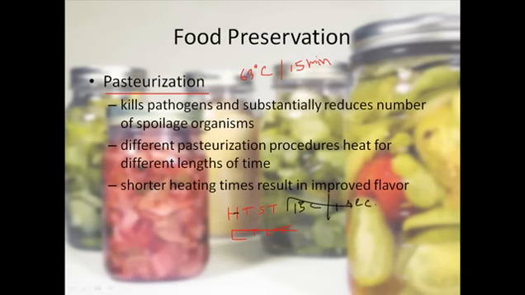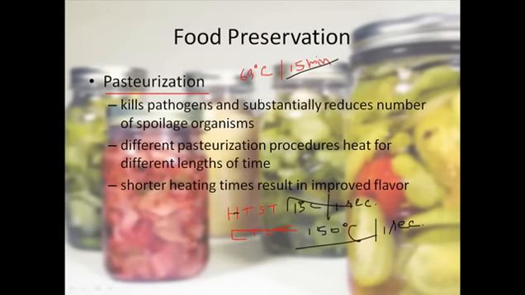But in case of LTLT, low temperature long time, we use normal low temperatures like 90 degrees Celsius and 60 degrees Celsius and so on. We use it for 15 to 20 minutes. And we have ultra high temperature pasteurization. In this ultra high temperature pasteurization, we use 150 and 160 degrees Celsius temperature to kill most of the microorganisms that can be found in food. This is for 1 second only in the ultra high temperature pasteurization process.